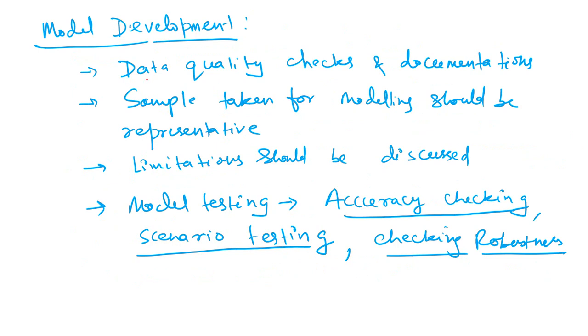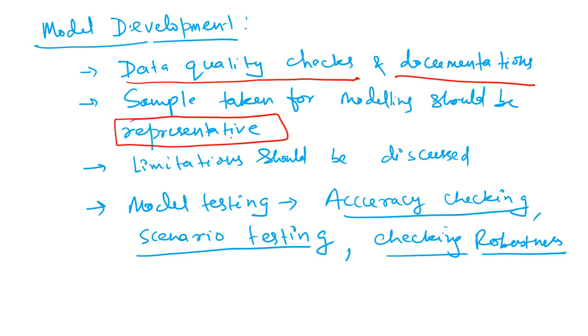Whenever you are dealing with data while building a model, I'm sure most of the time you will be using data for building models, especially statistical models. Data quality check is an important step. If the quality of data is bad, it is going to give bad output, and that has to be documented well. The sample that is taken for building models should be representative. It should represent the portfolio. If it doesn't represent the portfolio, if it misses out on certain aspects of the portfolio, it is going to give a wrong result. So good sampling techniques should be used. A proper representative sample should be taken for